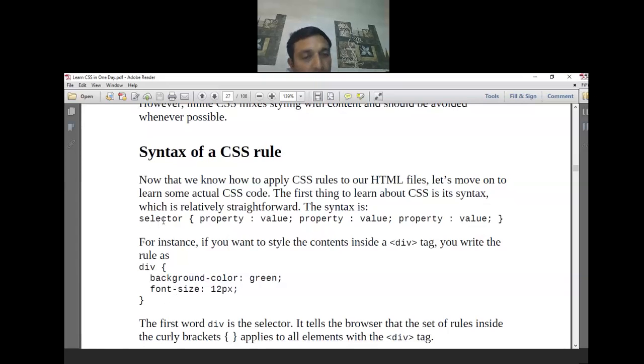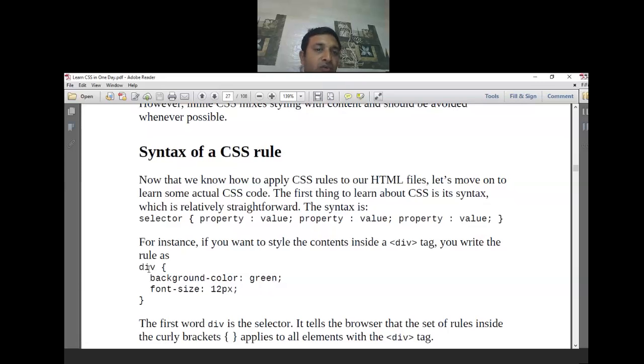So any selector you can specify like this as well. Any div, whatever you write, will behave and have the styles, the look and feel, like this, because the first word, div, is the selector. So we have just created a CSS rule for div.